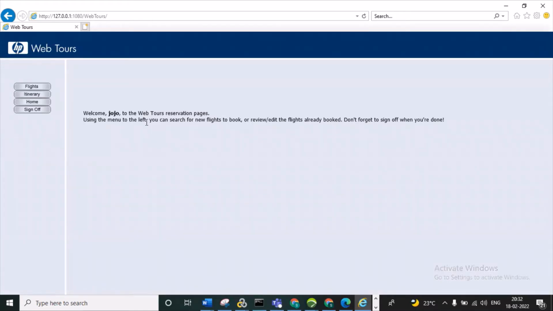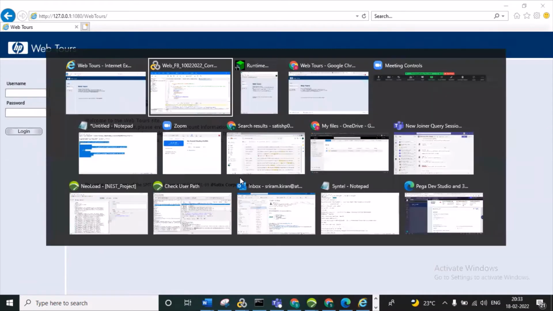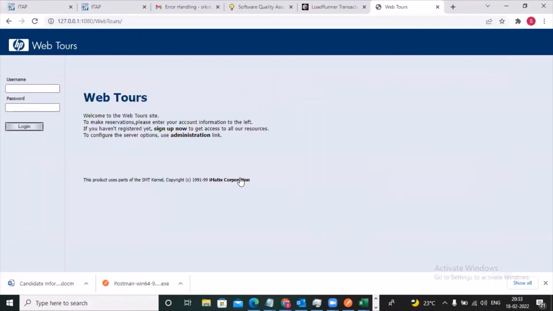So we need to check whether we are getting a valid response or not, because if you are not logging in successfully, you will stay on this page only. On this page you will get an error because the server is not accepting, because it's a dynamic value. The dynamic value keeps on changing, but you are not getting the valid dynamic value. So the server responds, and we are getting an invalid response, which means you are not logging in successfully.